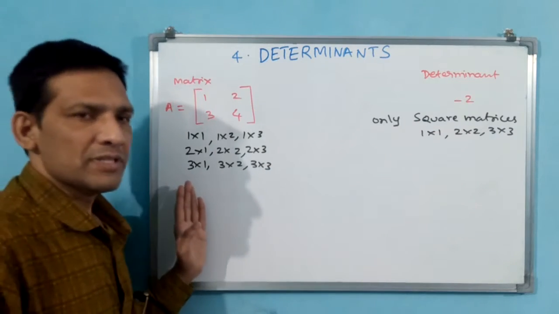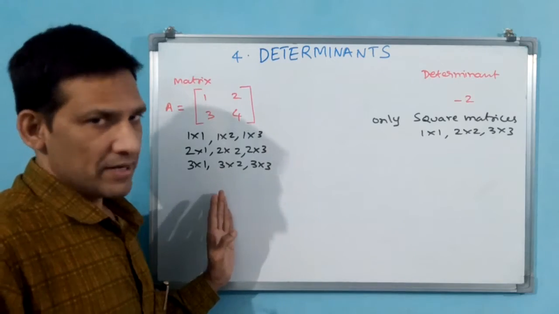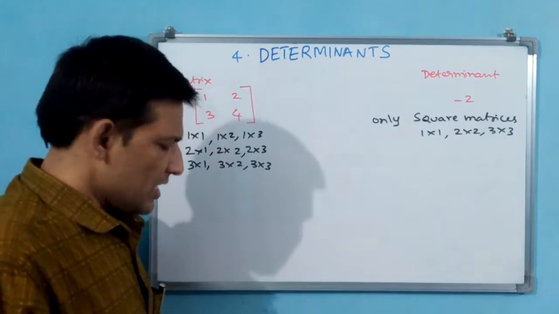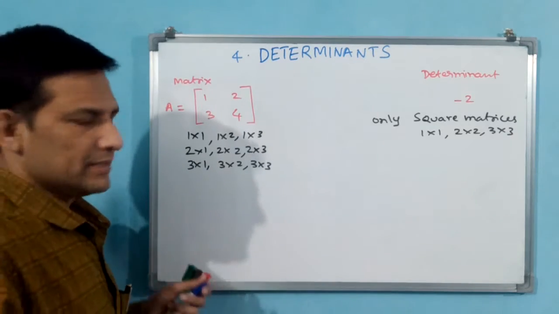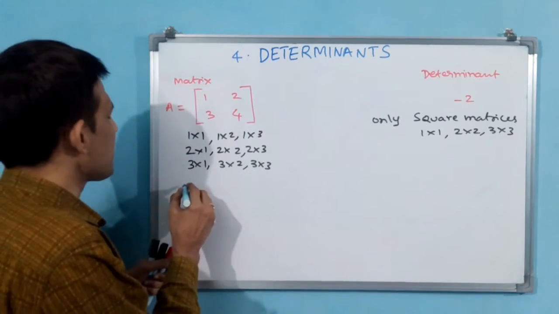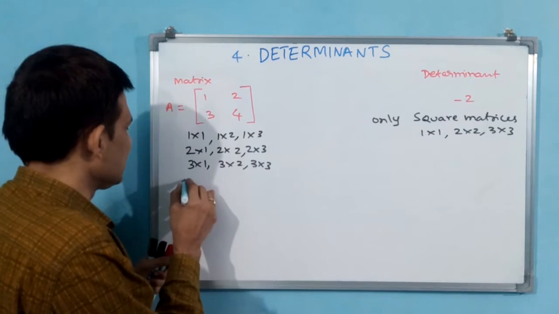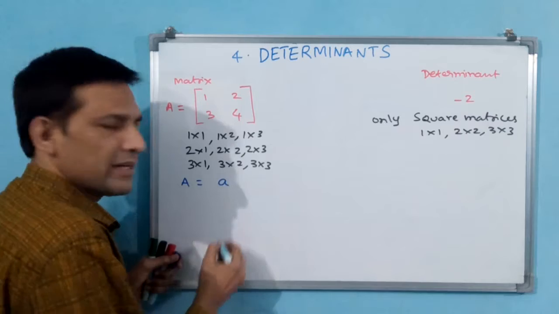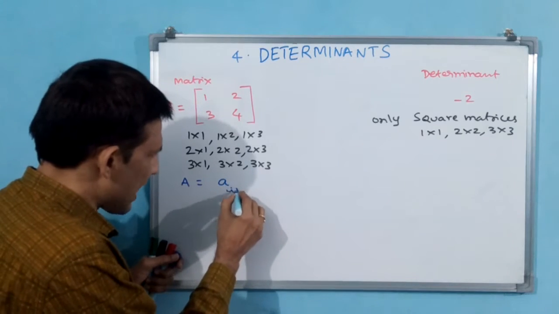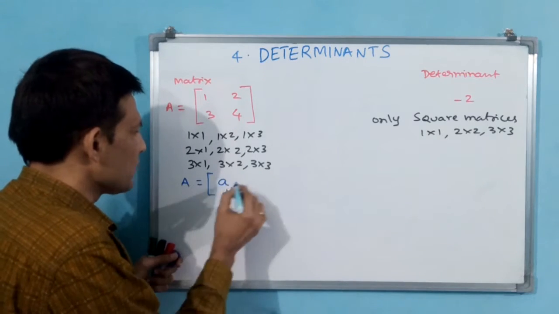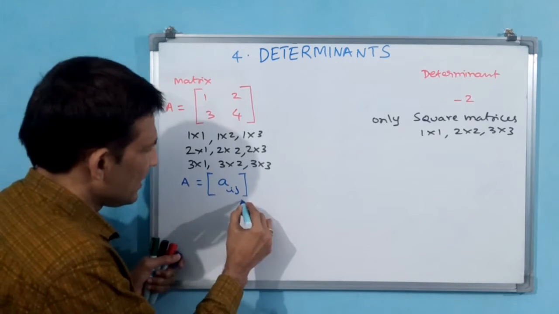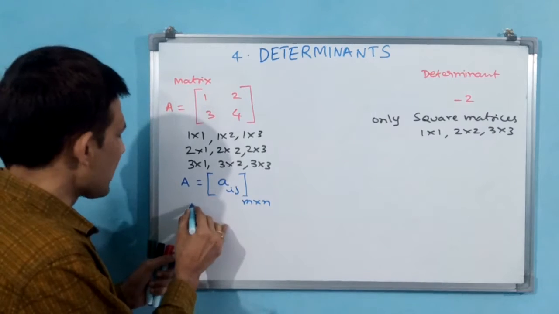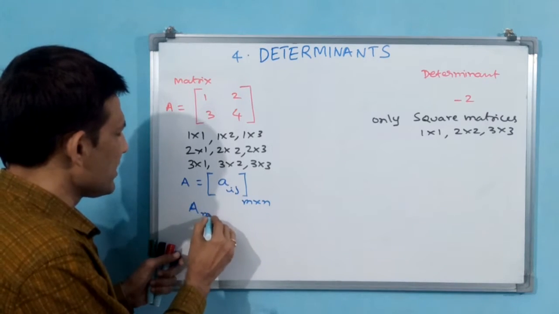But matrices, several types of matrices we have seen. This is called order. See, first how are we representing matrix? Matrix we will represent like this. Capital A is for matrix, small a for element, and small a ij is the element in the ith row, jth column. And you have to represent it within this bracket. And even you can write m by n order also. Or else you can represent A, m by n.